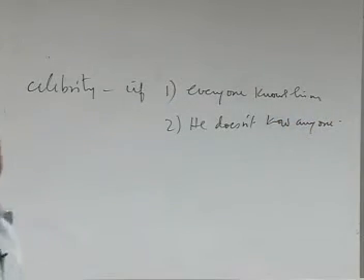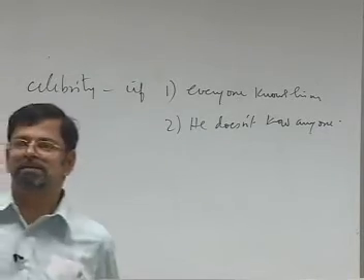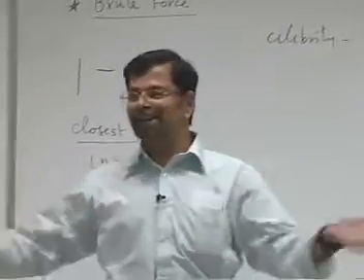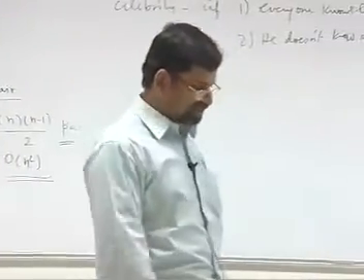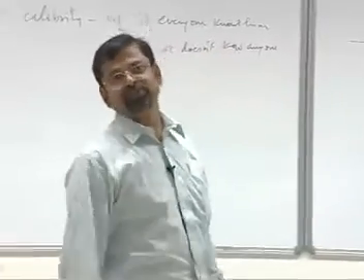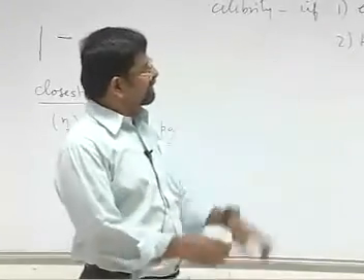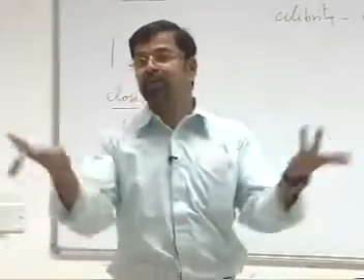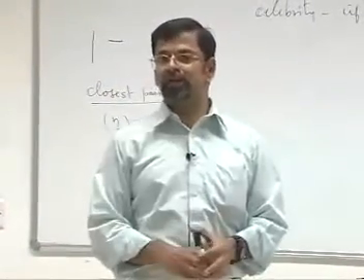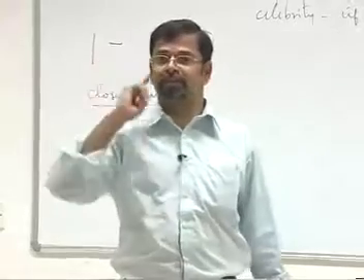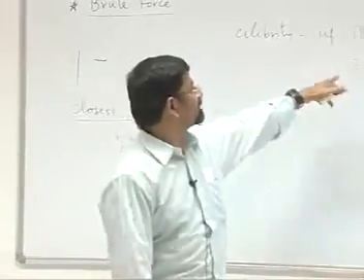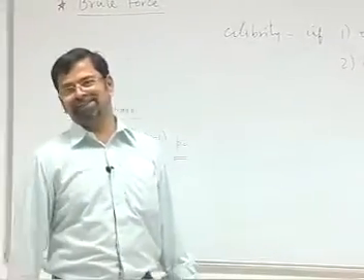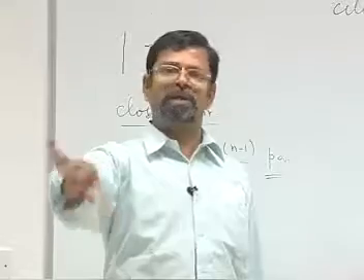Obviously, when Clinton comes here, every one of us knows Clinton, but Clinton doesn't know any one of us. He is a celebrity in this hall if he walks in here. Okay. So, that is the definition of a celebrity. So, these two conditions are to be satisfied. A hall may not have a celebrity at all, that is entirely possible. But if there is a celebrity, there can be only one person, there can't be two celebrities, right. In the same hall there can't be two celebrities, because one of these conditions would be violated. Therefore, there may be one celebrity or zero celebrities in this.